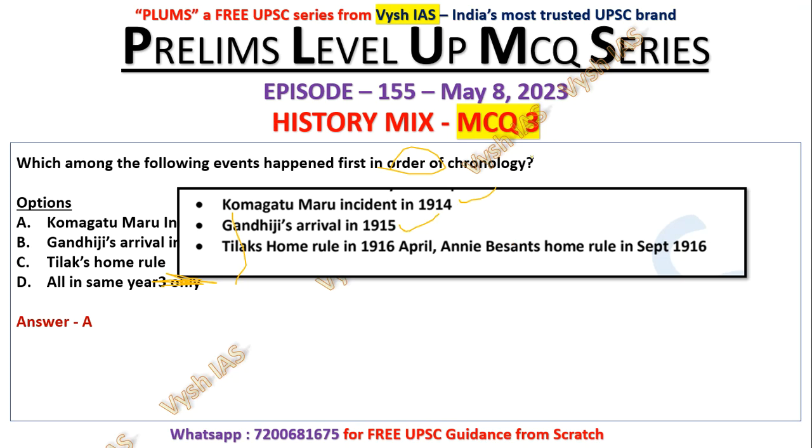Then he went around the country for 1 year because I think Gopalakrishna Gokhale told him. So he met people, he went to different places. Then slowly, 16, 17, 18, by that time he was part of a lot of hunger strikes and satyagraha, and then only the other big things happen, like the non-cooperation movement, the civil disobedience, then the Quit India movement. All these things come much later. First he had done very small participations in many things. Then Tilak's home rule is there, April 1916. Annie Besant's home rule is in September 1916.